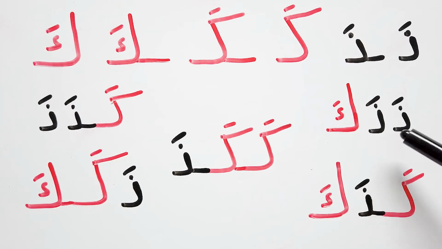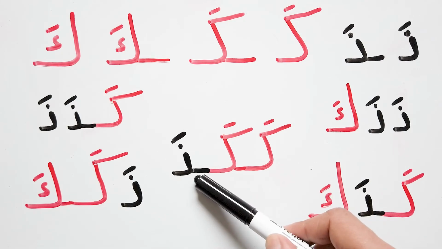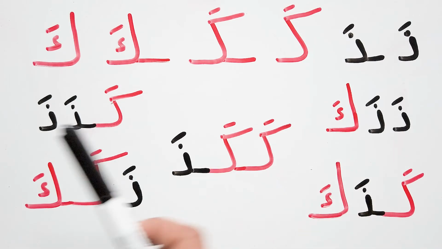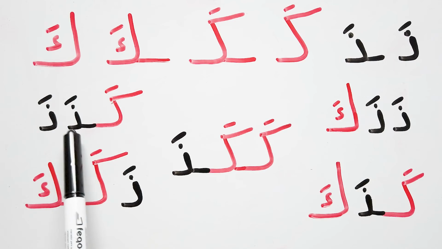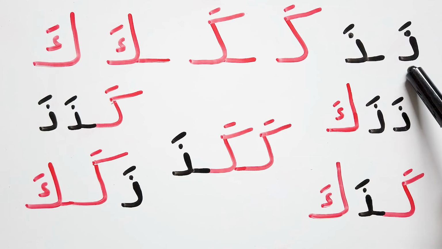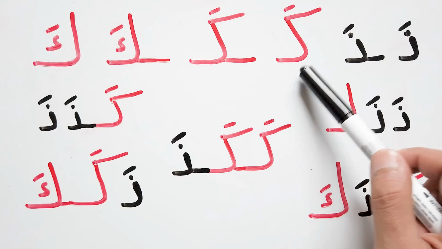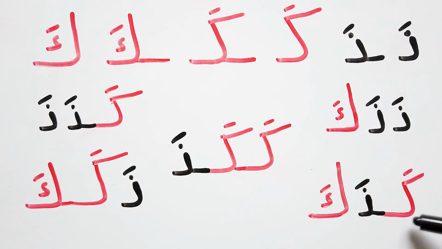The in the middle of the word can be this one when the previous letter is a refusal letter, this one when the previous letter is a regular letter. The in the end of the word when the previous letter is a regular letter, when the previous letter is a refusal letter. So we have the in the beginning of the word, the in the middle of the word, this one or this one, the in the end of the word, this one or this one. Let's check ka. Ka in the beginning of the word. It is the only option here, as you see, here and here. It is the only option.